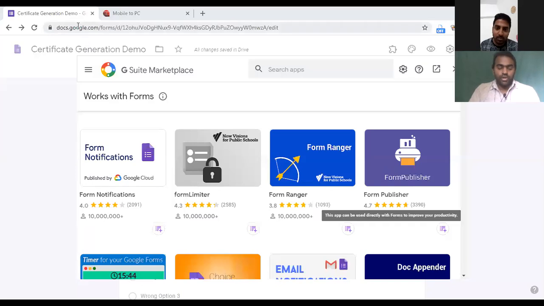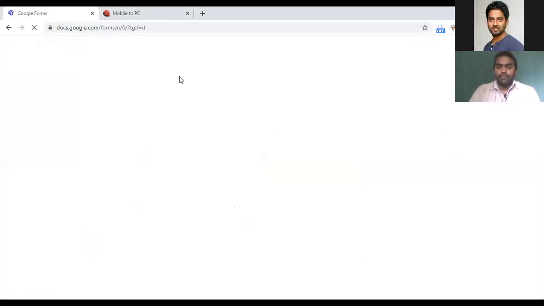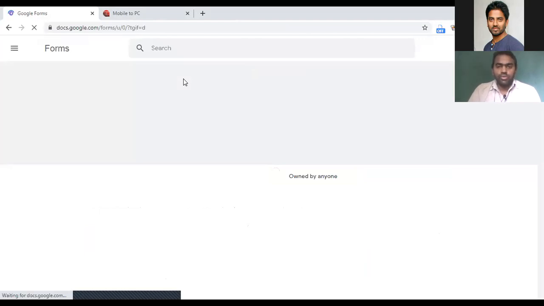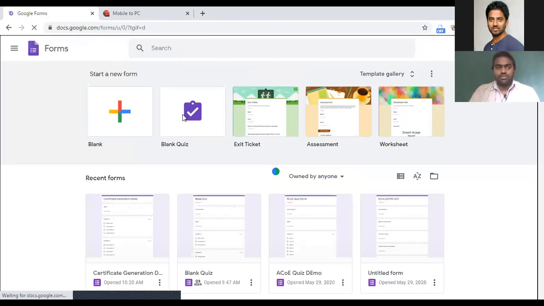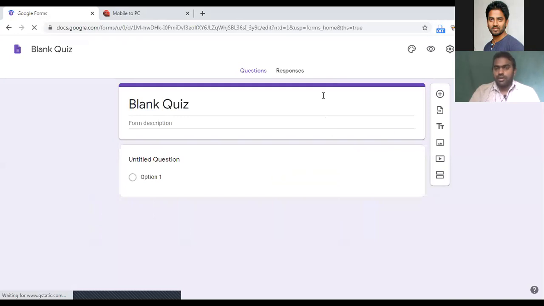To start, you need to go to forms.google.com. As we have already discussed this, I'm not going deep into the features of Google Forms. I'll just click on blank, then create a new one.